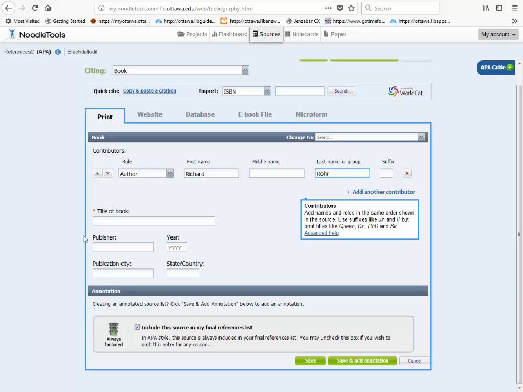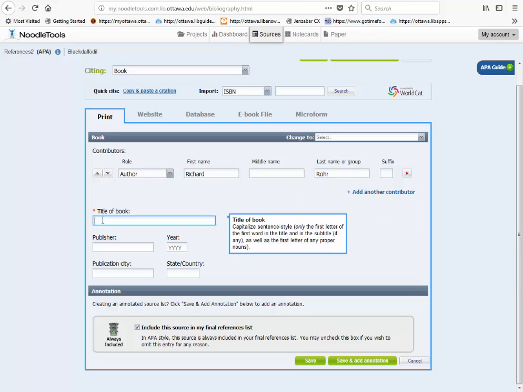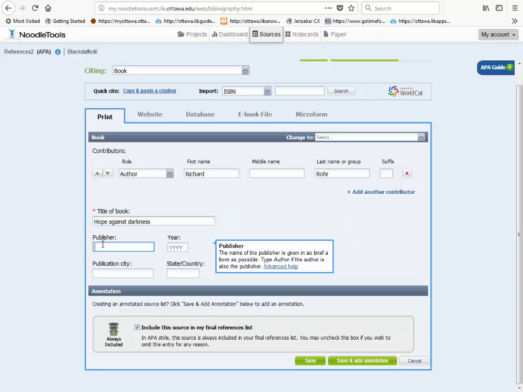He does not have a suffix, but his book title is Hope Against Darkness, and the publisher for this book, I'm going to put that in, is St. Anthony Messenger.